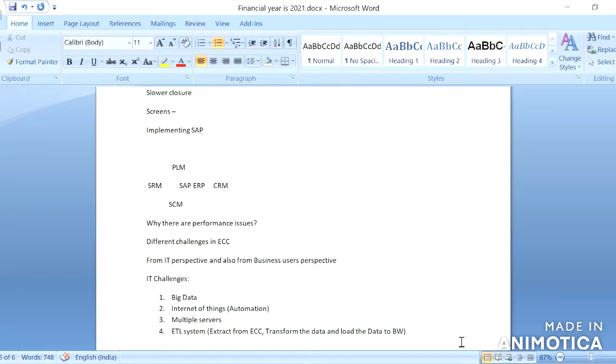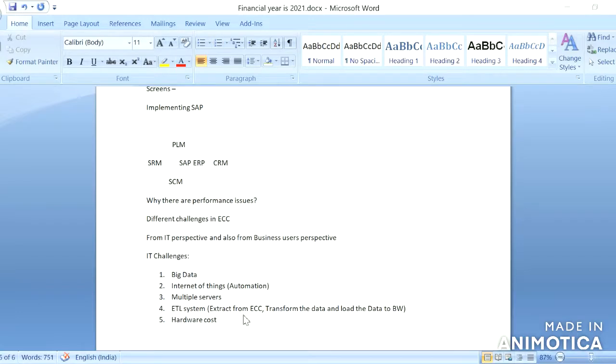These are a few challenges for the business, and even IT has to do all the work which needs to be done from ECC to BW. This is one more challenge. In order to maintain all these systems, like multiple servers for different components, and different BW systems for extracting, transforming and loading the data, we may have to use different systems.